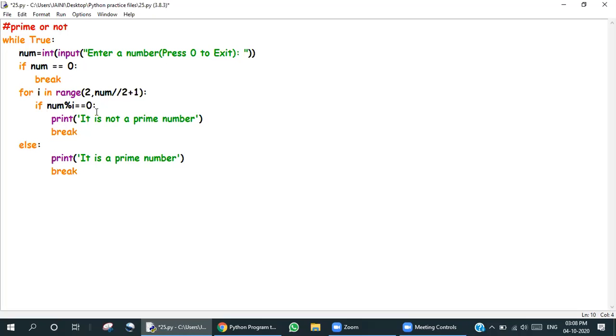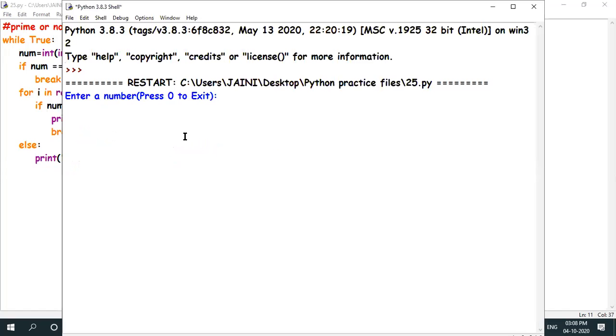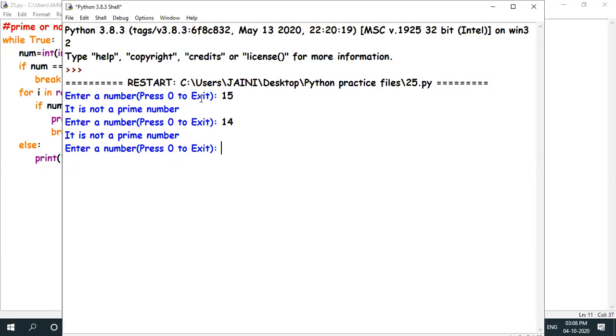this should be here. Okay, this was the only problem in our code, and so we don't need an extra break. Let's see if this works now. 15 is not a prime number. 14 is not a prime number. 7 is a prime number. Basically,